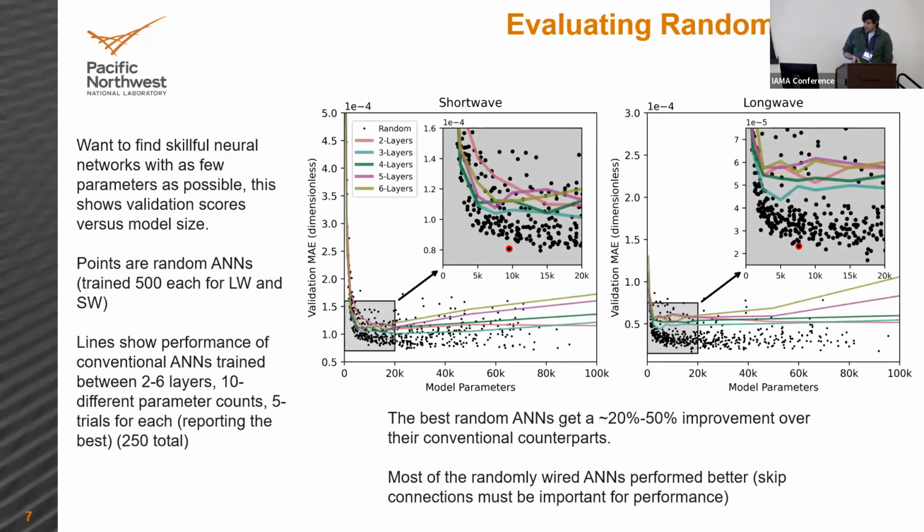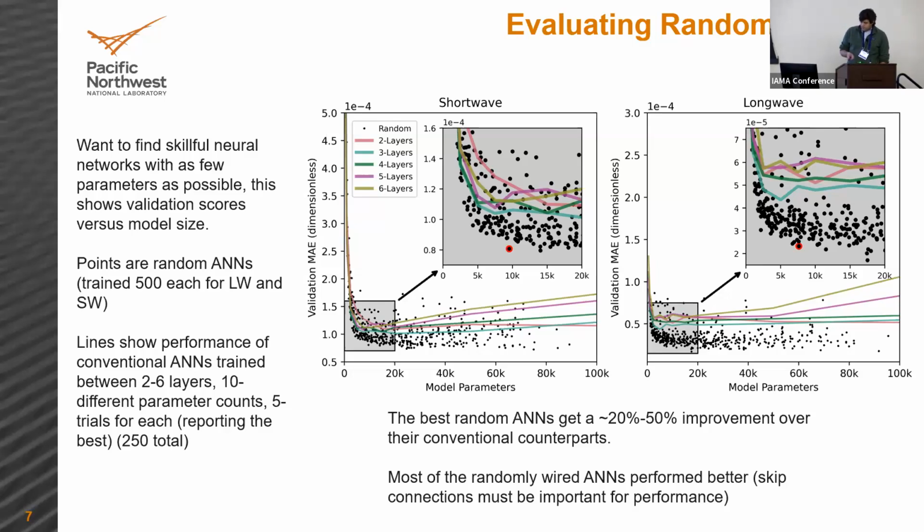So this slide is looking at the performance of a bunch of these neural networks. Basically in these 2 scatter plots I'm showing, each dot represents a randomly constructed neural network. The vertical axis represents the model's error on a validation data set we generated, and the horizontal axis represents the number of parameters in the model. So ideally, we would like to find a neural network that sits somewhere around the elbow of that point cloud that provides a good balance between accuracy and model complexity.